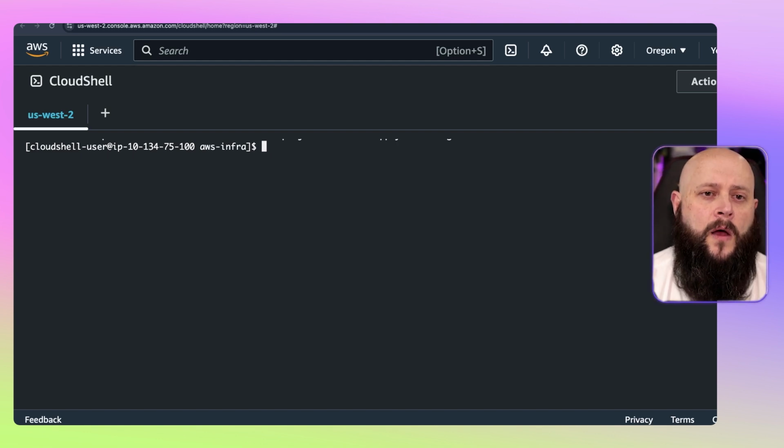Okay, now we want to make our first change, which is setting up the AWS CloudTrail to allow us to see any changes in our account. So for that, I'm going to do that on a new branch.